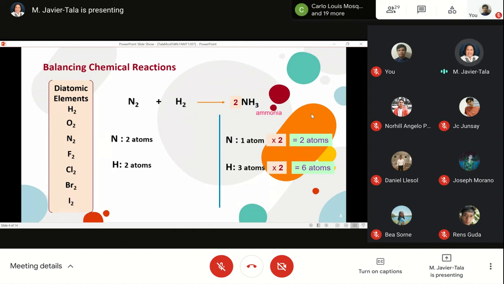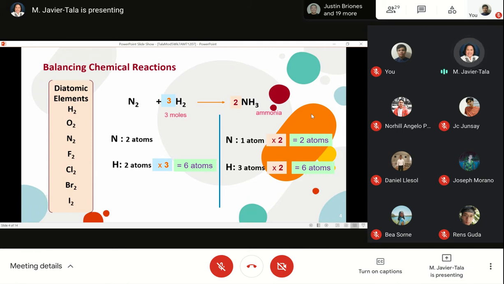But if you look on the reactant side, there are only 2 atoms of hydrogen. So how do we make it 6? We multiply it by 3 so that there will be 6 atoms. So where will we put the 3 that we used as a multiplier? You put it in front of the element where you multiplied it with. So please look again at this equation. 2 atoms of nitrogen on both reactant and product side, then 6 atoms of hydrogen on both